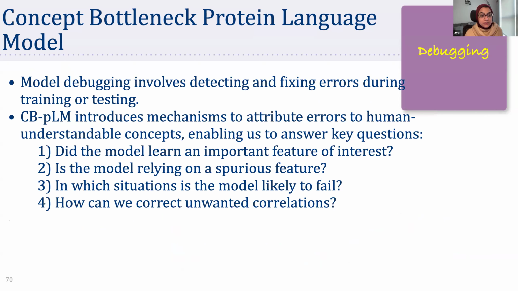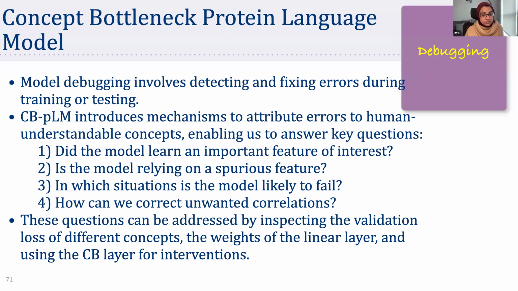So basically, the concept bottleneck model gives us interpretable, human-understandable concepts that we can ask questions about. Did the model learn the concept of our interest? Is the model relying on a spurious concept? In what situation will this model fail? And are there any unwanted correlations? Basically, we can answer all of these questions by simply looking at the weights and the validation losses for